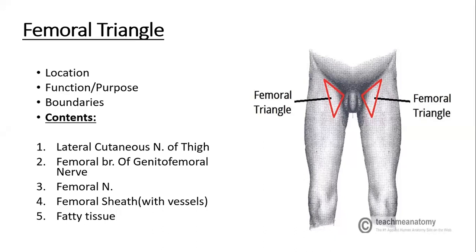So how are you going to explain femoral triangle? What type of triangle is it? It is a subfascial triangle, means it is located just under the superficial and deep fascia beneath the skin. It is a muscular triangular depression, also a very important regional landmark located anteromedially and superiorly within the proximal part of thigh.